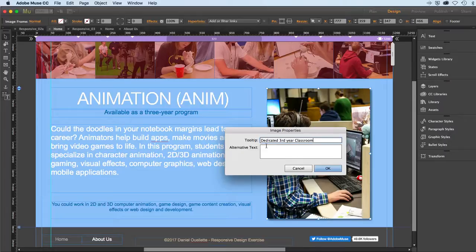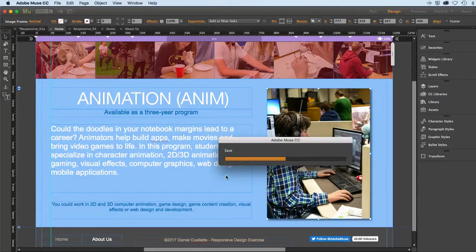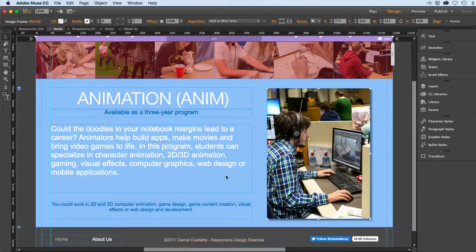All our third year students do get their own private workstations in a dedicated large room. And alternate text, I'll just say working hard. So alternate text is meant for certain types of readers, but it also will apply if a photo hasn't downloaded yet. The alternate text will appear in its place. All right, working hard, and of course you knew that already. Click OK and save. So if I was to preview this and move my mouse over the photo,